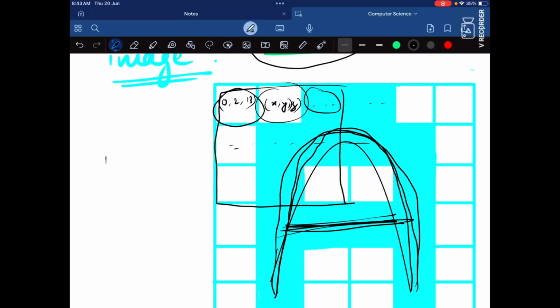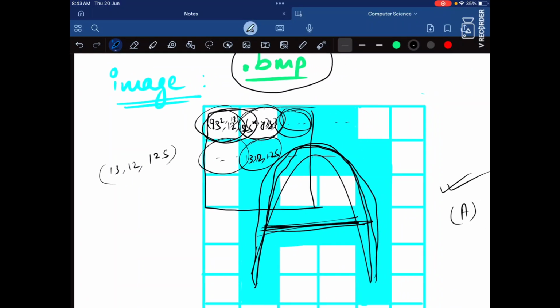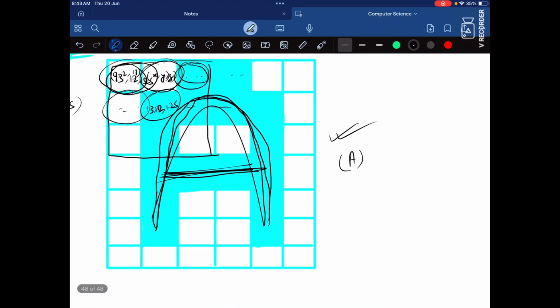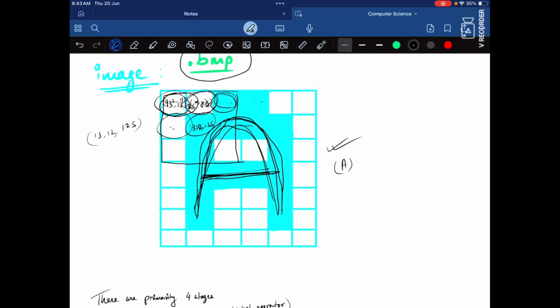Suppose the average came out to be 13, 12 and 125. So we just put the values in the respective fields, like 13, 12, 125, for each of these RGB values. This is the work of the Sobel operator. This just creates an outline for your image to extract the features from the image.